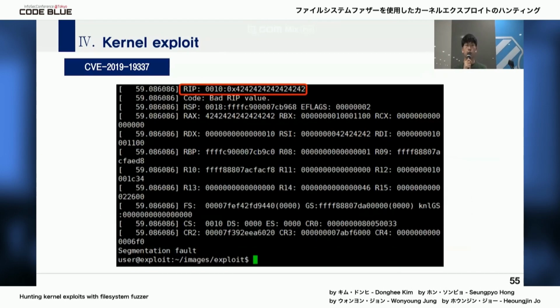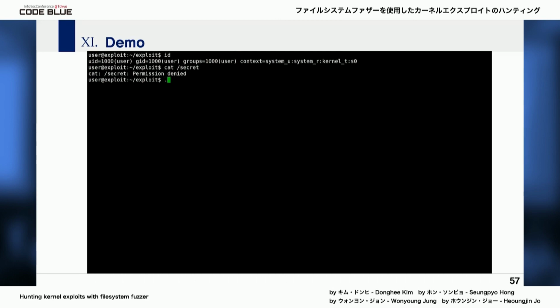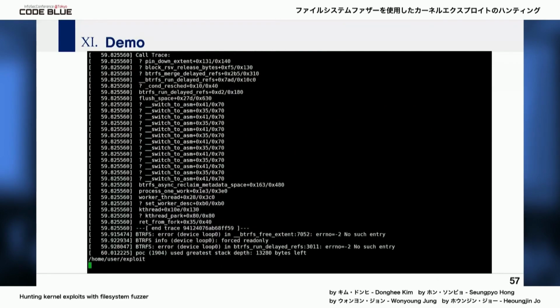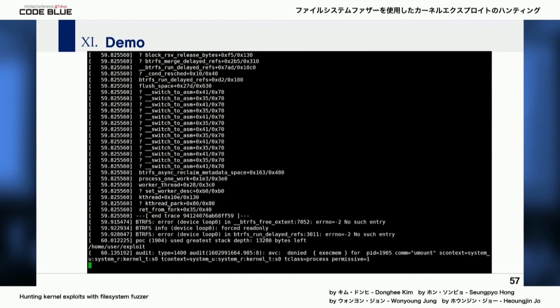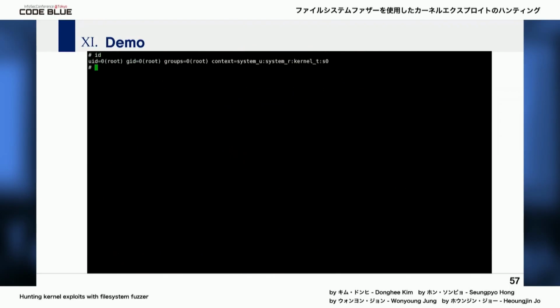So it was possible to control RIP through the vulnerability as follows. First, check the user ID, try to read the secret file, and run the exploit code. Sometime later, the shell opens. Check the user ID: it's root privilege, and you can read the secret file.